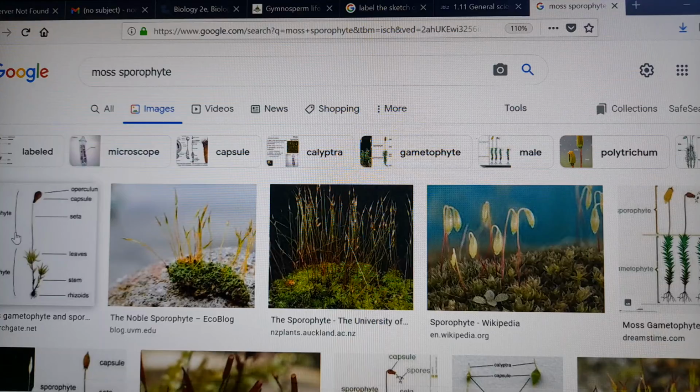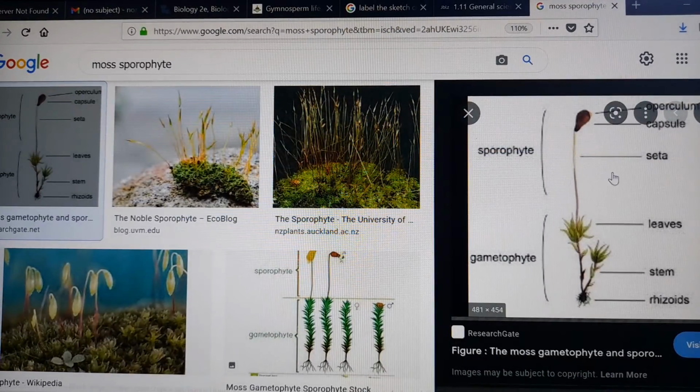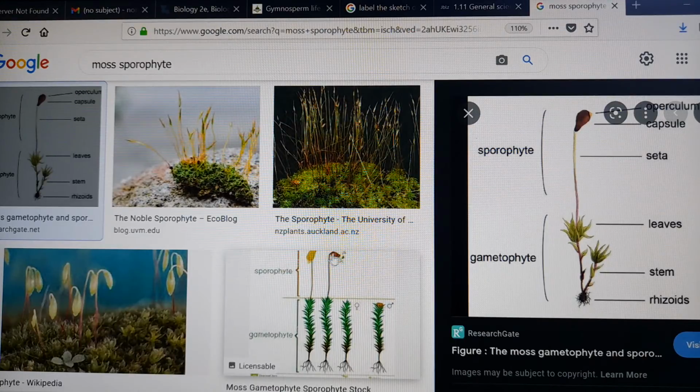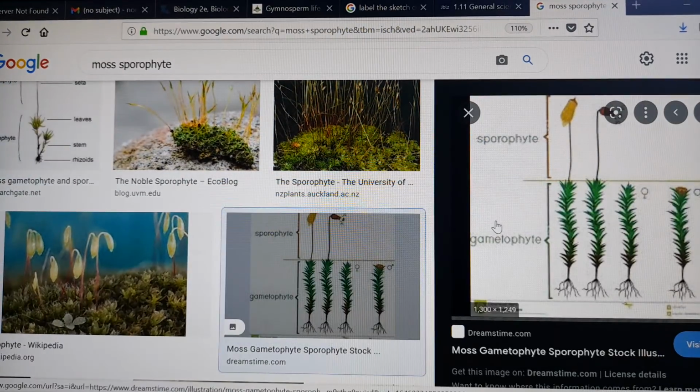You see the sporophyte. Now they show it. It's this part from here up to there. Let me just show you. Yes, there we go. They say this length up to the top of this capsule is the sporophyte. So this is the moss sporophyte, from here up to there. Let's see it again. From where there are no leaves up is the sporophyte.